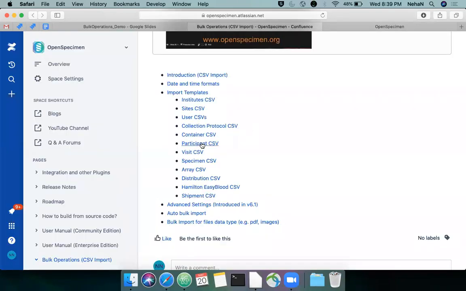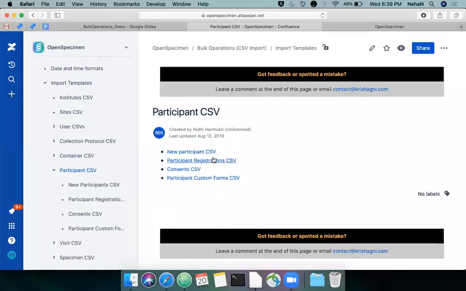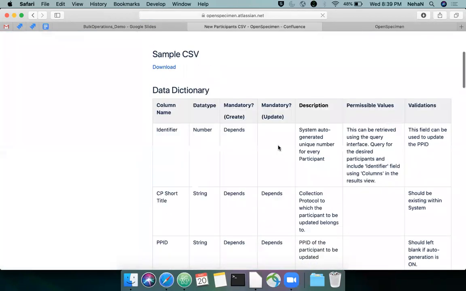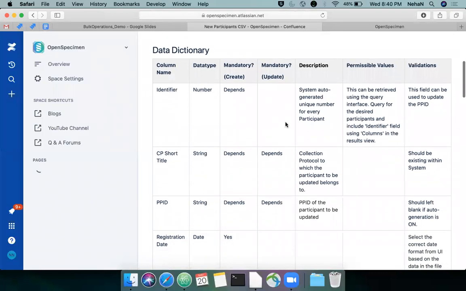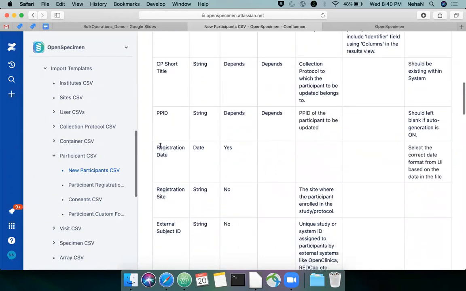Let me go to the participant CSV and show you how. So, new participant. In this table, you'll find which field is mandatory and which is not. Here, as I said, the registration date is a mandatory field, so the user needs to enter this information when creating the file.